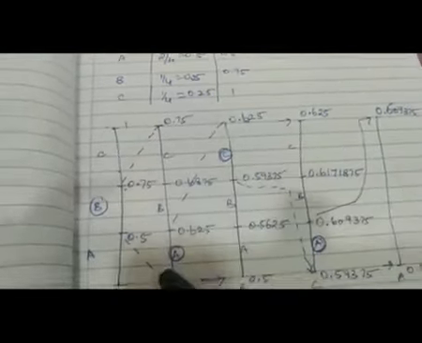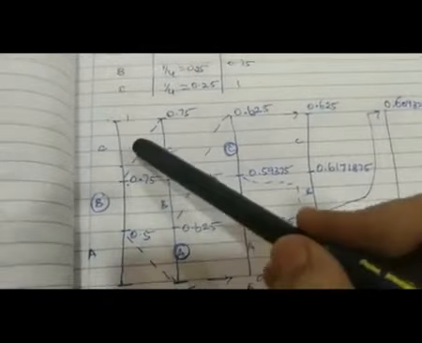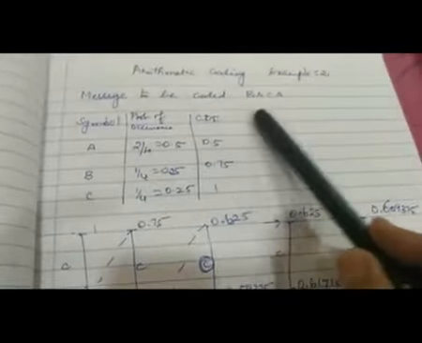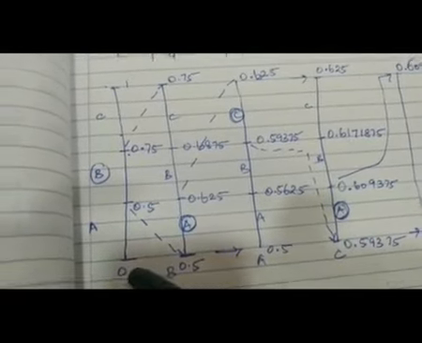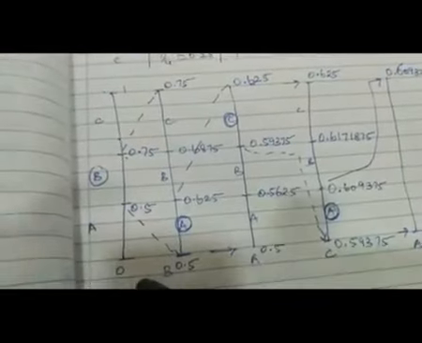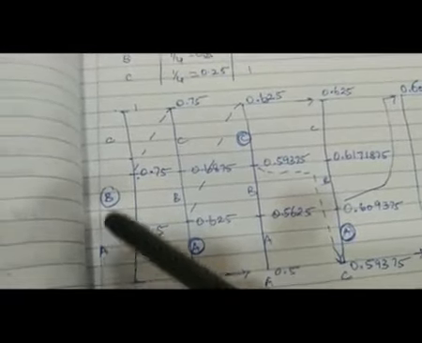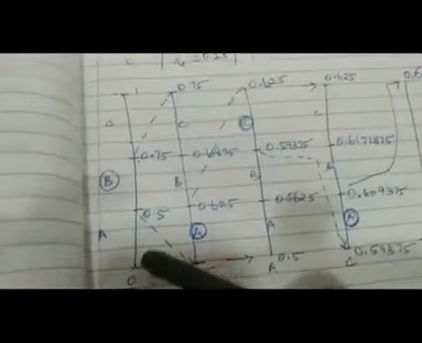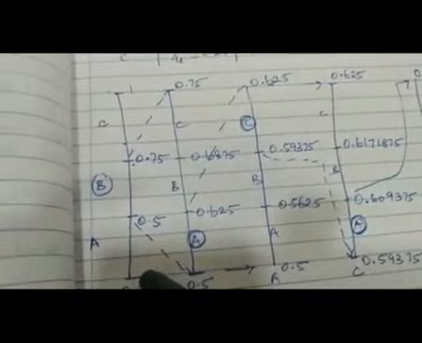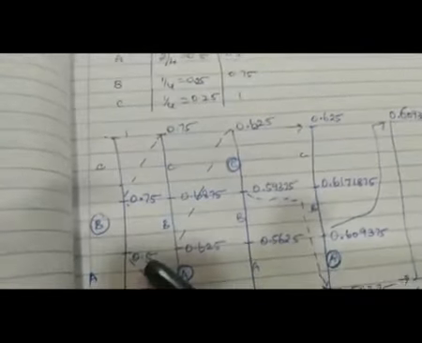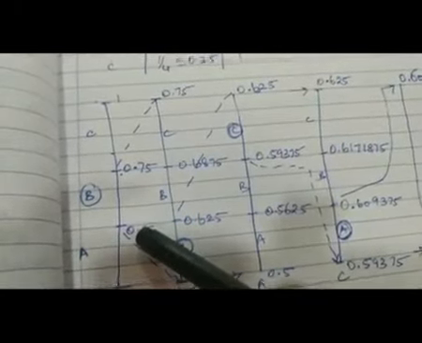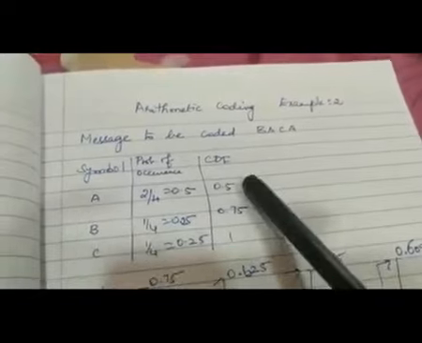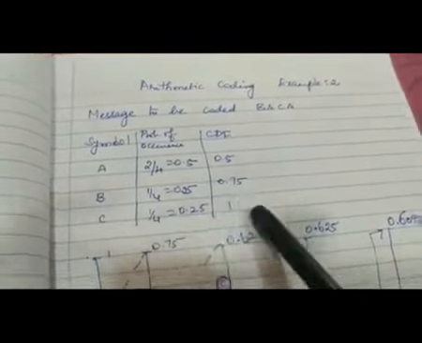Now form a graph to find out a code for the message BACA. In the graph, the lower limit is 0 and the upper limit is 1, as I said previously. A, B, C are the symbols. Take them and write them in the first branch of the tree. Write the CDF values along with the symbols in the tree. For A it is 0.5, B is 0.75 and C it is 1. So write it in the graph.